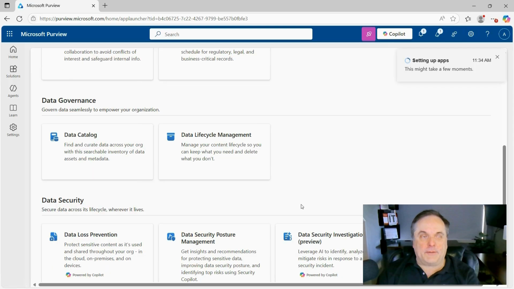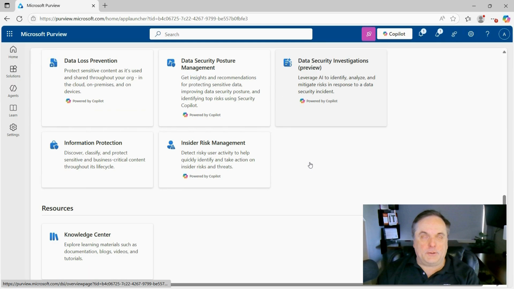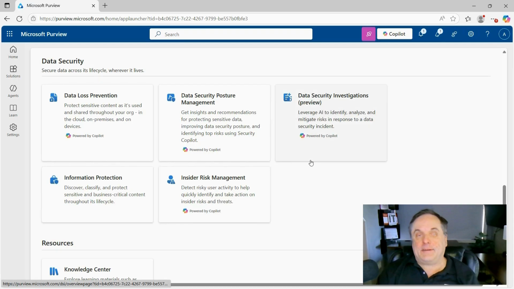And you've got data governance. Remember, that has to do with the rules of the government that you live under, as well as the corporate standards of the organization that you work for. And you've got a couple of different options here: data catalog and data lifecycle management. Data lifecycle management will basically give you the ability to manage the lifecycle of your different resources. Mostly it has to do with making sure that data doesn't stick around too long, which could cause a potential